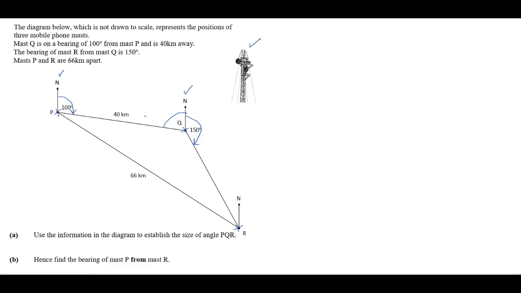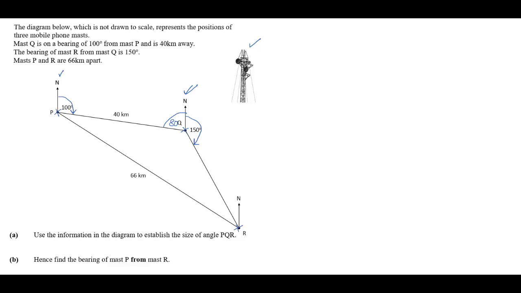the sum of this angle and 100 is 180. So if it is 100, it is 180 minus 100. This is an 80-degree angle. This 80-degree angle and 100-degree angle are called interior angles of two parallel lines. As you know, these two north lines are parallel lines, and the line PQ is the cutting line. So the 100 angle and 80 angle are interior angles, and their sum is 180. So if one angle is 100, the second angle will be 180 minus 100, 80 degrees.